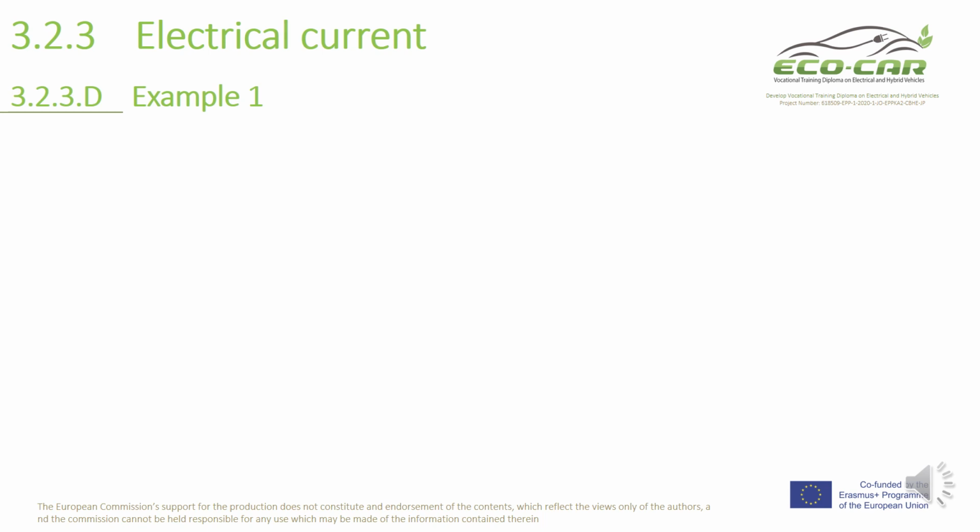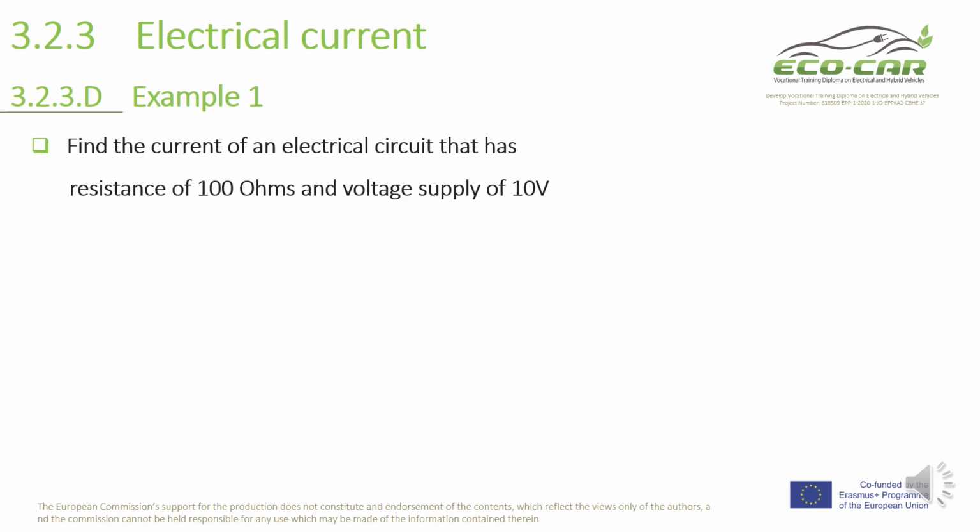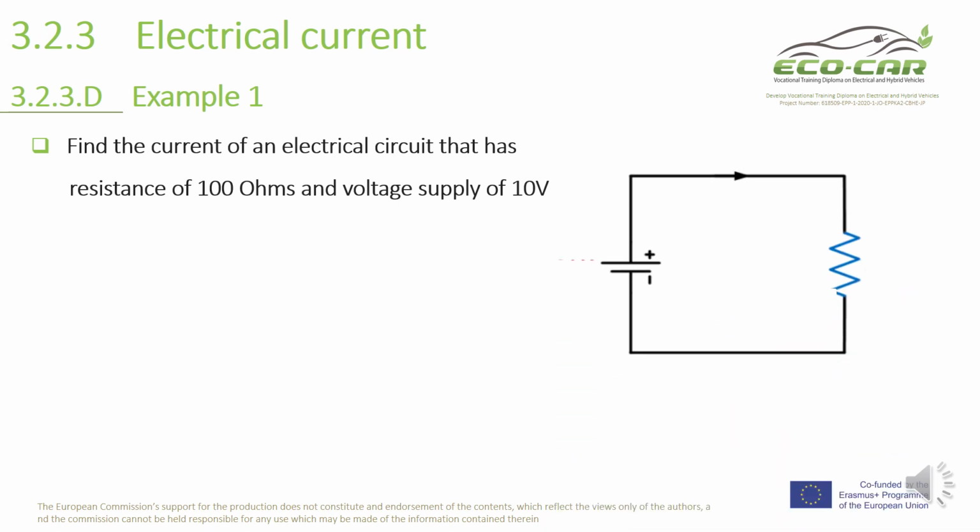For example, find the current of an electrical circuit that has a resistance of 100 ohms and a voltage supply of 10 volts. As we see here in the circuit, we have a resistance of 100 ohms with a source of 10 volts DC. So what is the current flow in this circuit? Solution: